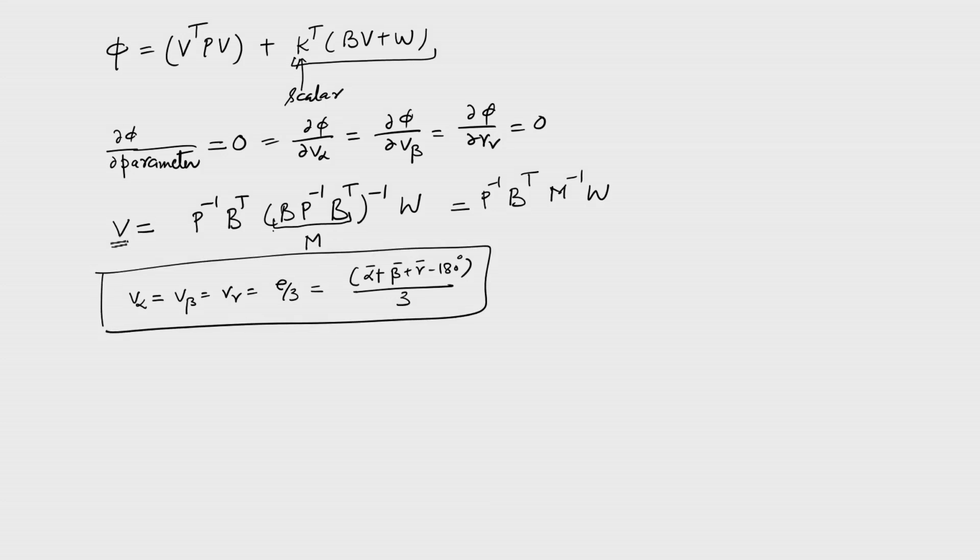Try to solve this V matrix. What is the V matrix? It is nothing but V alpha, V beta, V gamma transpose, or it is a column matrix. So, by putting the values here, and for simplicity you assume that your P matrix is identity, which is nothing but 1 1 1 with 0s elsewhere, try to put all the values here, and you should get the correct value. So, that is homework.